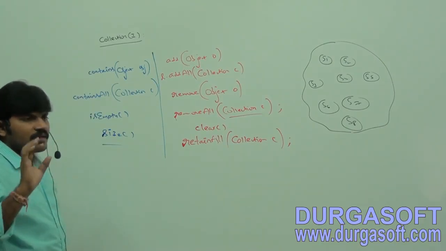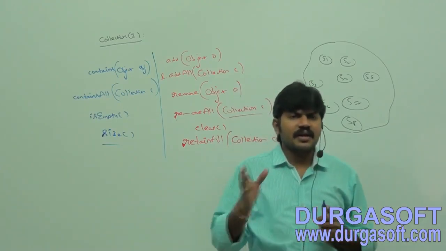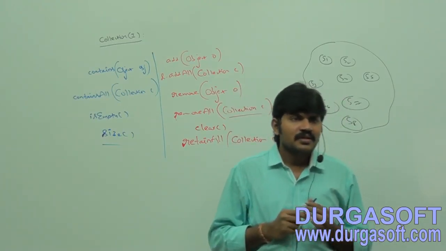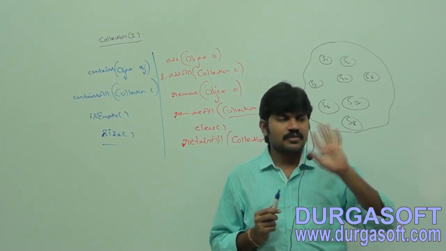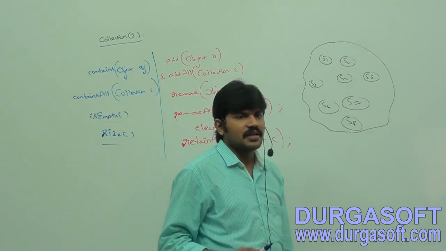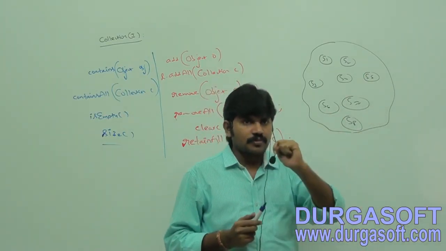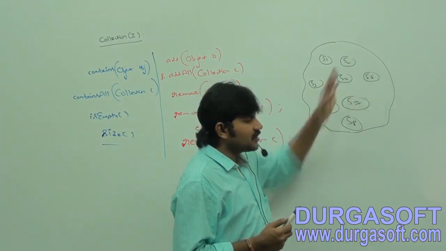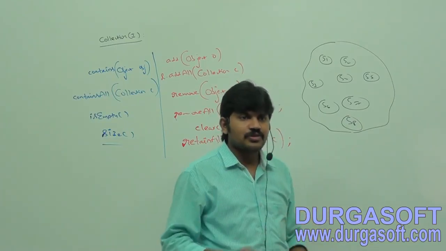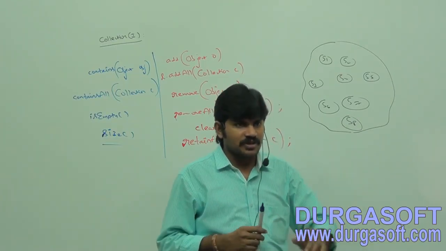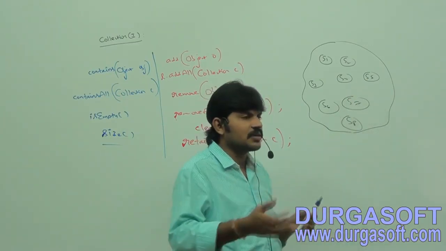Okay, now in the last classes we covered one point. Sir, between arrays and collections, which one is good? Arrays. Performance wise, arrays are good. Sir, all insertions and deletions are completed. Now my job is, can you please convert this collection to an array so that my operations will become more efficient? Array operations are faster than collections.